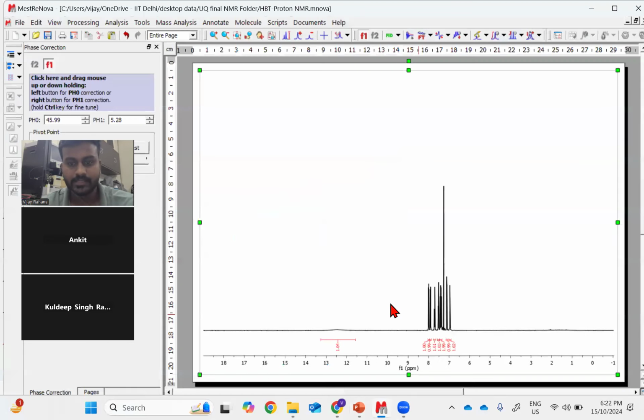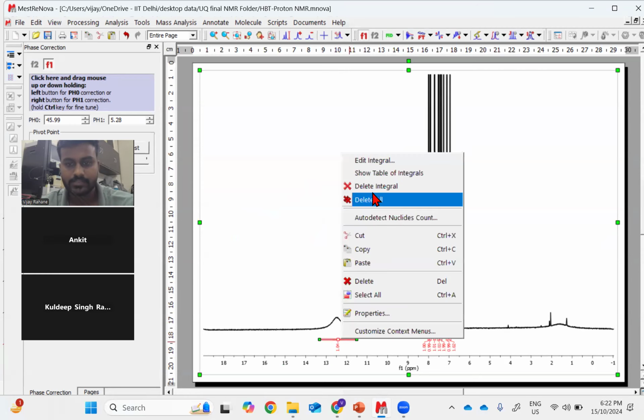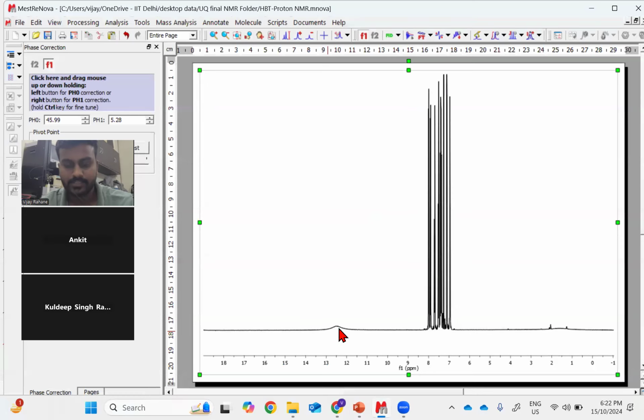If you look at the spectra and resolve it by scrolling the mouse upward, you can see there is one peak here. That peak is due to the OH. I have integrated that one and I will delete all. So I see there are multiple aromatic signals available, and also there is one signal around 12 to 13. So I zoom out all of this